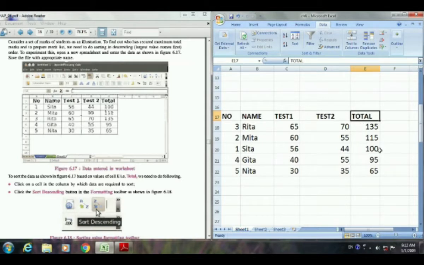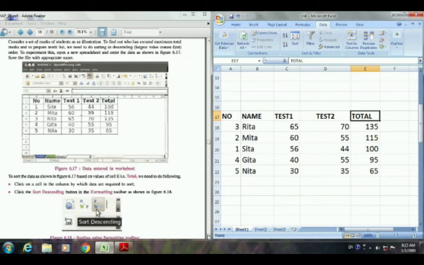And according to this, the rest of the data will also change. See, we just made the changes in the total column, but based on the total column, the student who scored the first rank, that is Rita, the whole row came to the first place, and here instead of 1, which number came? Third number. So whenever we do a sorting operation on a particular field, it will affect our whole table. You can see this was the actual table before, and now the table looks like this after sorting. So this is about sorting, the arrangement of data in a particular order.